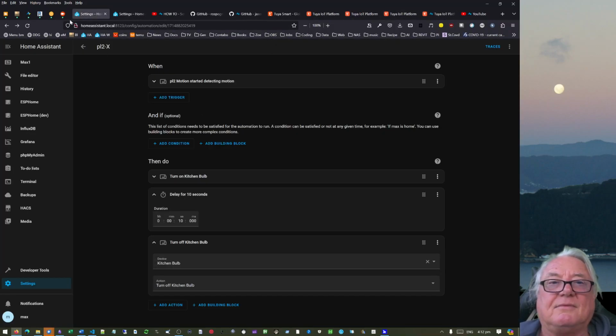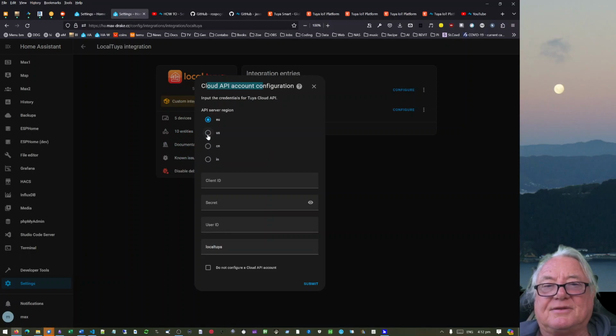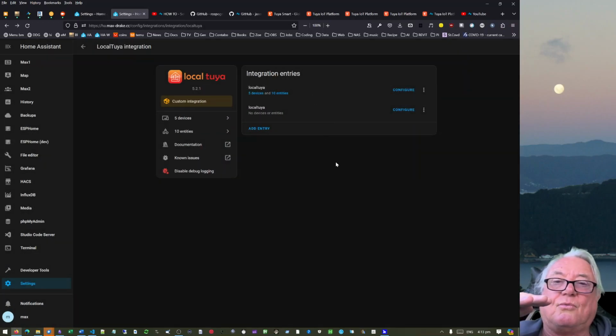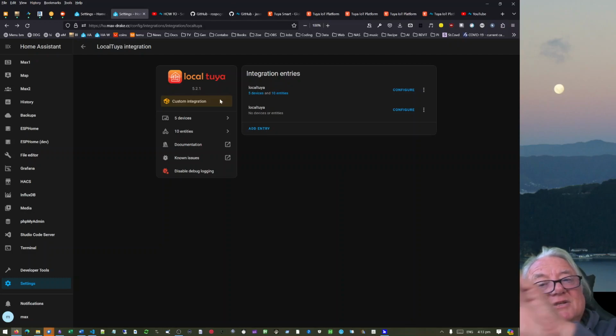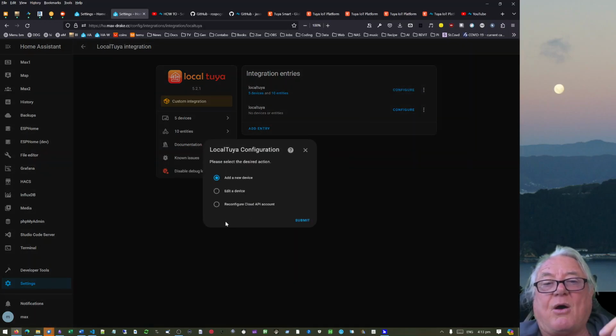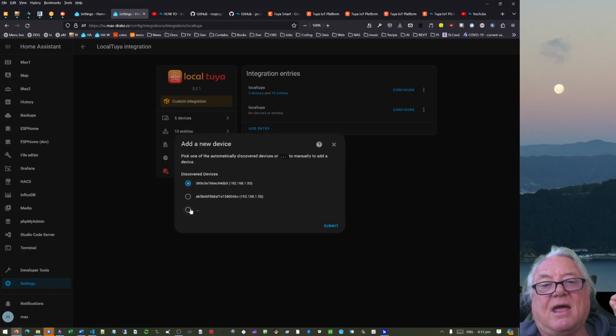I need to, sorry, where's that gone? I need to say mine's in the US, then I need to give the client ID, the secret, and the user ID, and then I need to submit it so that I've connected that cloud account with the local Tuya integration, not the Tuya Cloud integration. This is linking those two directly. So if I want to now add a new device to the local Tuya, I then have to go in and